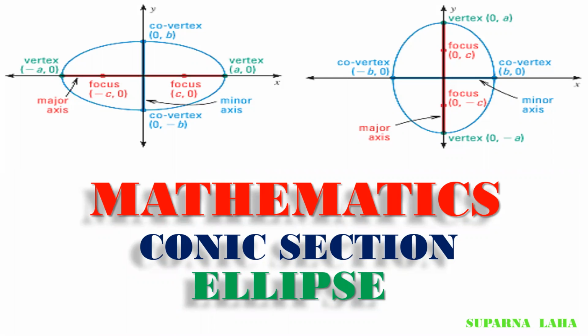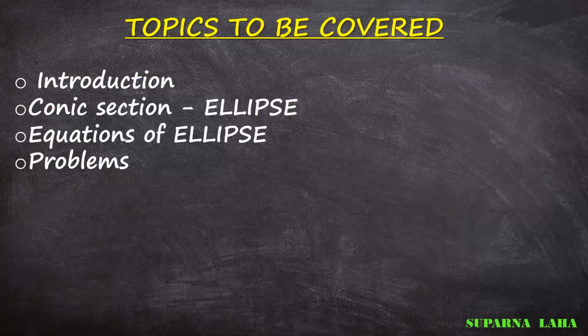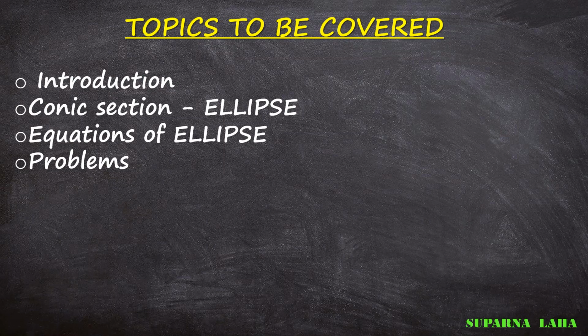Okay, so in this portion we need to establish the equation of the ellipse and some definitions from the ellipse, that is the definition of vertex, latus rectum, etc., and their lengths and different types of equation of the ellipse. We will discuss these in today's class, and in the next class we will discuss the problems from the conic section ellipse. So let us first learn the definition of the ellipse.